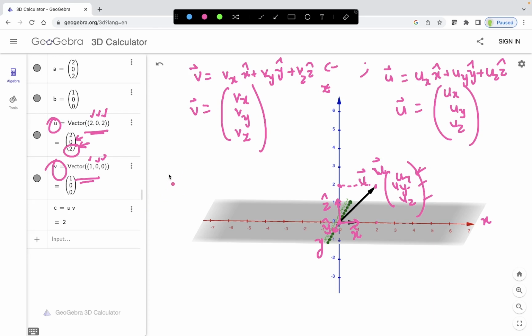Now you are willing to find the dot product of these two vectors u and v. The dot product of these two different vectors u and v is given as ux vx plus uy vy plus uz and vz. We absolutely do not have any idea on how we have deduced this particular formula for the dot product of these two vectors that we have defined as u and v, isn't it? So this is your dot product. Don't worry, we are going to see how we have deduced this formula where u and v are expressed in